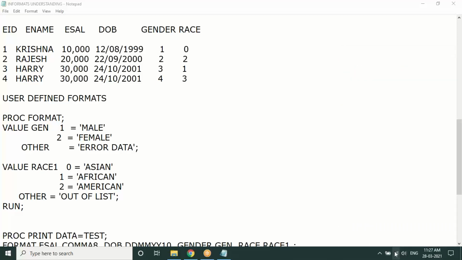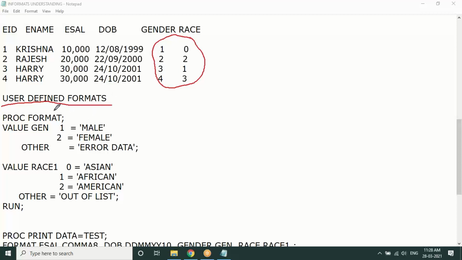No, I can continue. Okay, now is it clear? Yes. Okay, fine. So see this. What we are understanding about the user-defined format here is that most of these values are numerical. If we read it and send the report to someone, they will not be able to understand it because it is all numbers. So in order to change the representation of those values, we use something called a user-defined format, which is nothing but the user defining the format to be displayed.